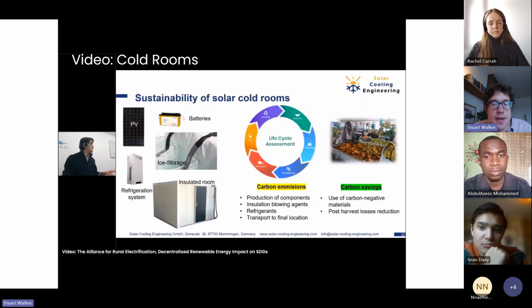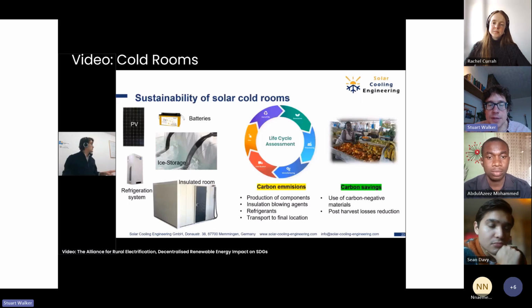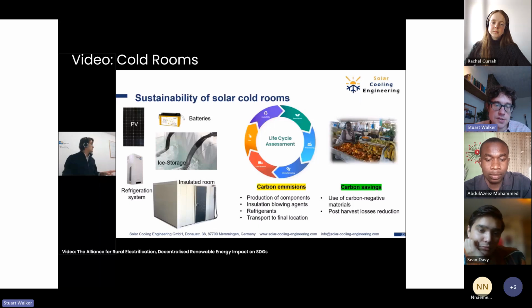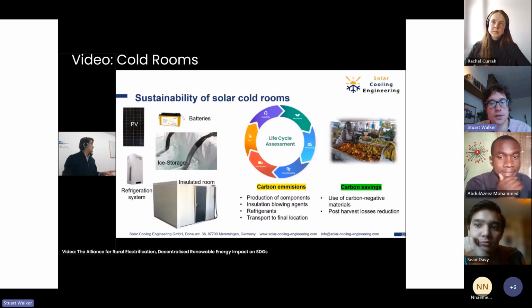So yeah, Victor was just talking at the end there about considering the use phase of the cold room as well. So we're saying that the cold room allows a reduction in the waste food, which itself has a carbon impact and a greenhouse gas impact saving. So it's an important consideration whether we include that in our LCA or not. So whether we're looking at making a cold room that is net zero at the time that it's installed, or whether it only becomes net zero over its lifetime as it does its work.